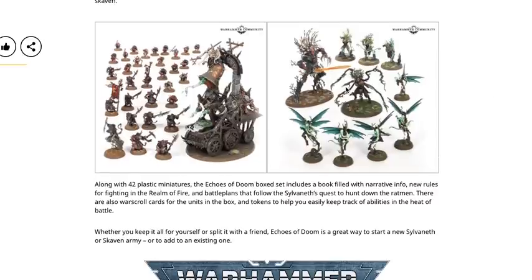So yeah, again, here's the breakdown. This is your Skaven side. This is your Sylvaneth side. You have one new character never available before in this box, and then you have 20 of the Clanrats, 10 of the Stormvermin, and then you have the bell, which could be built alternatively as a different kit as well, totaling around $200. And then again here for the